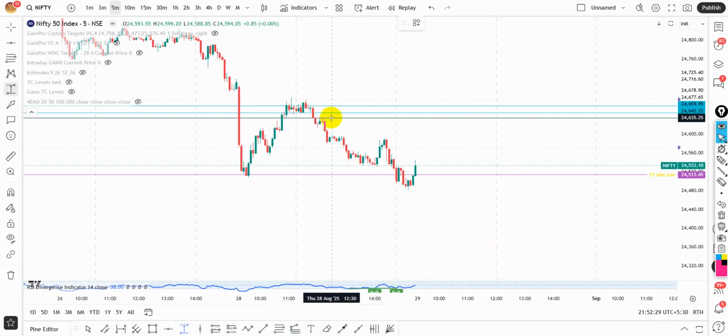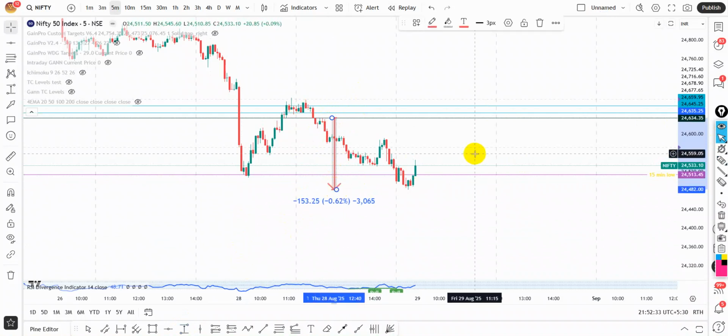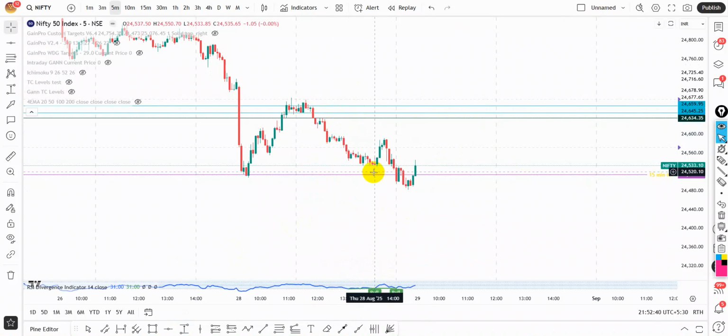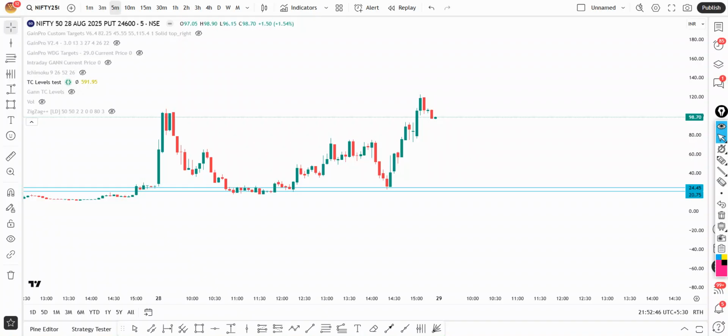From here, it is roughly around 150 points which we have covered. The same thing, it's very simple and easy to trade. There are no hiccups here, and being an expiry and a month-end expiry also, it gave good results. So the same thing, if you can see the